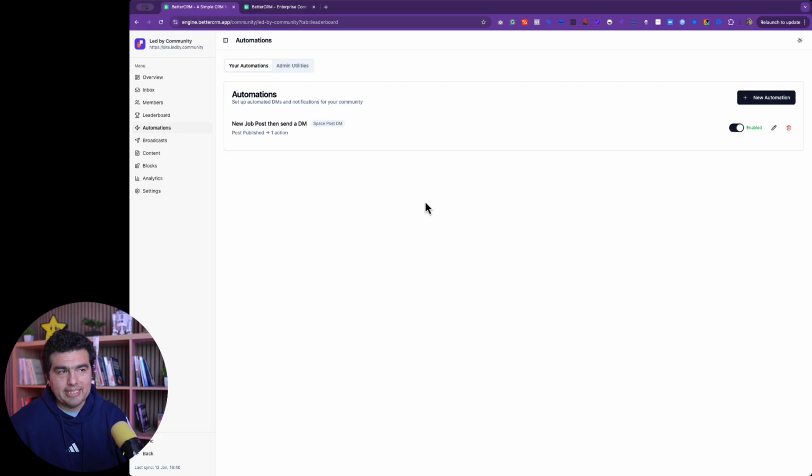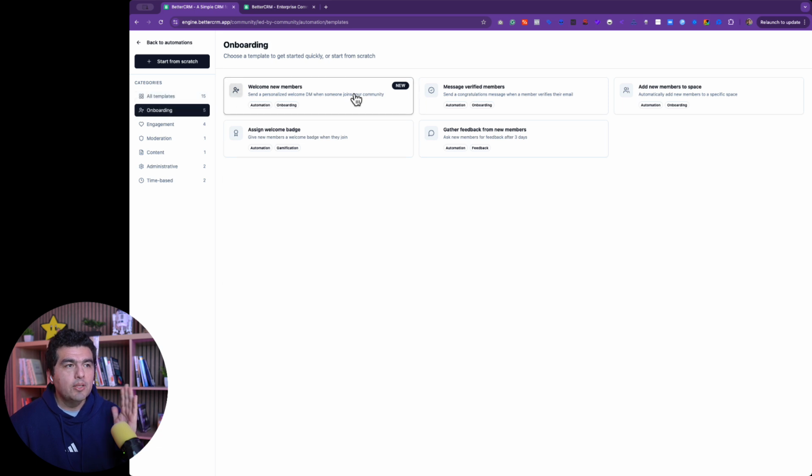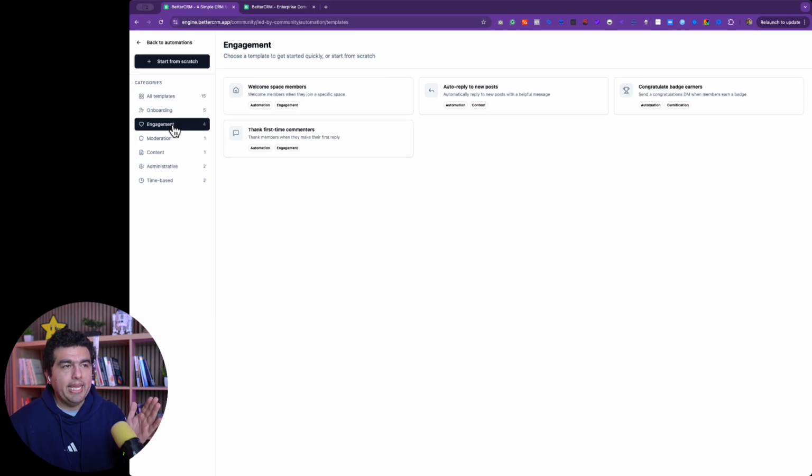Then another exciting area is automations. You can see when someone posts a new job, then send a DM. This is an example, but there are many. So I click new automation, and you can actually see all these templates, and we even categorize them. So you can have onboarding: welcome new members, message verified members, add new members to space, assign welcome badge, gather feedback from new members. Engagement: welcome space member, auto reply to new posts, congratulate badge earners, thank first time commenters,